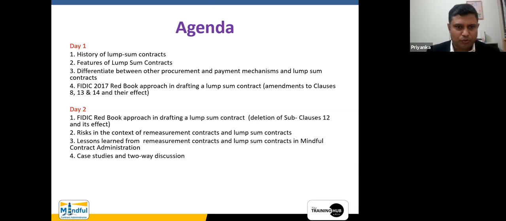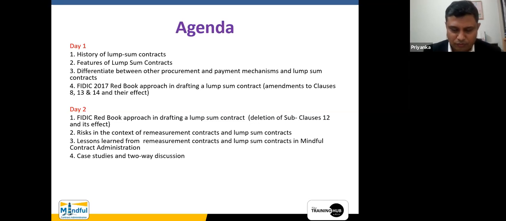But in day two, we are going to talk about the FIDIC Red Book approach in drafting a lump sum contract, in deletion of subclause 12 and its effect. As you know, subclause 12 is one of the lengthiest clauses. Actually, it's clause 12, not subclause 12. One of the lengthiest clauses appearing within FIDIC Red Book 2017, because now we know the variation has been